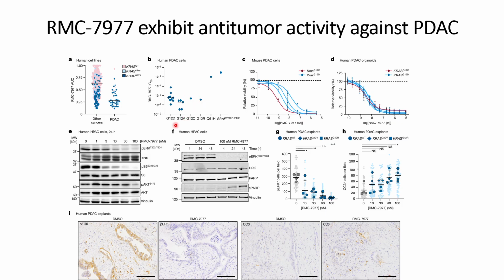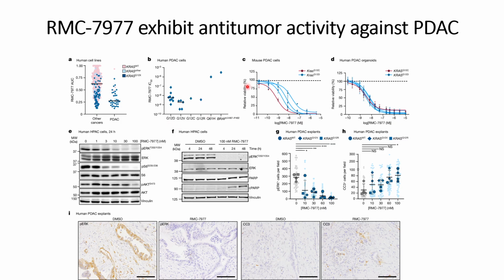That is G12X, that is, G12 getting mutated with D, V, C, R. So here the sensitivities are higher, indicating that RMC-7977 is more sensitive towards most of the human PDAC cell lines, as most of the human PDAC cell lines have the RAS mutations at around the G12X